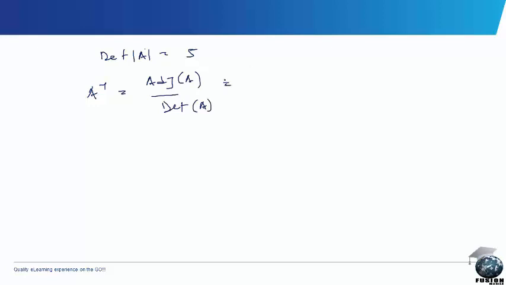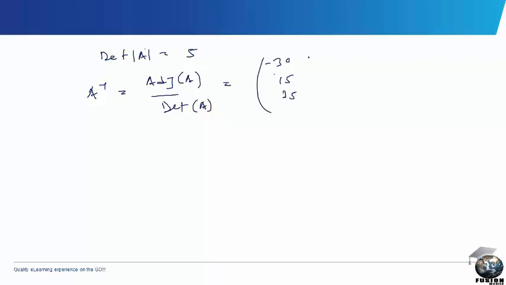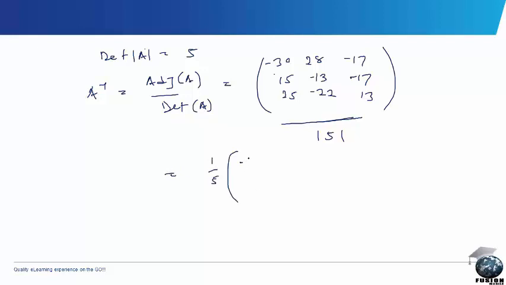which will be equal to the adjoint of A: minus 30, 15, 25, and 28, minus 13, minus 22, and then the last row is minus 17, minus 7, and 13. Alright, okay, so this means the adjoint of A divided by the determinant of A. Determinant of A is 5. Okay, and so this is as good as saying 1 over 5 dividing all the elements in the adjoint,